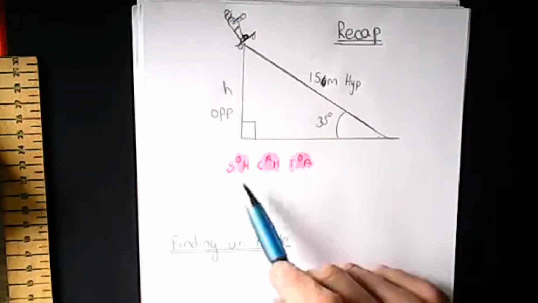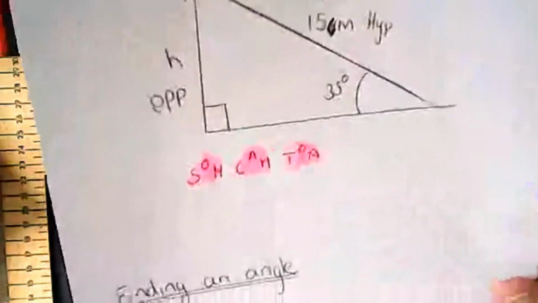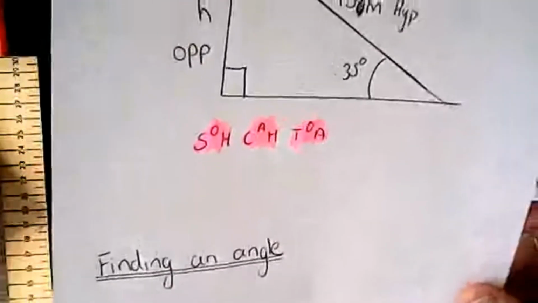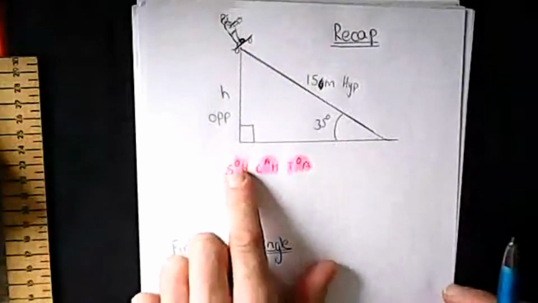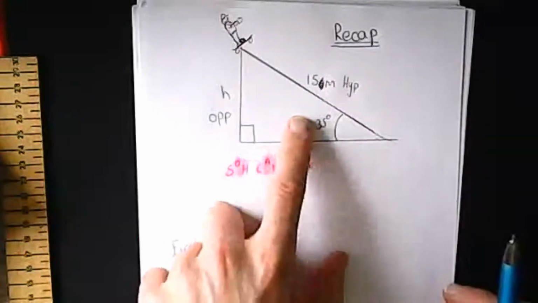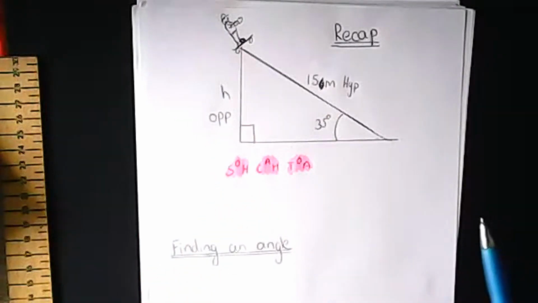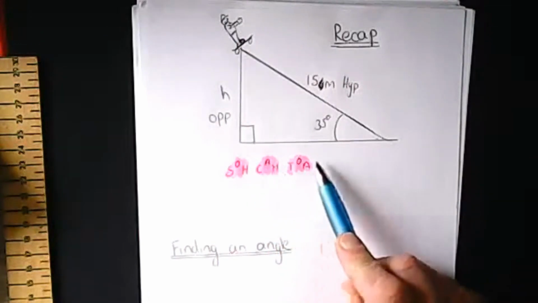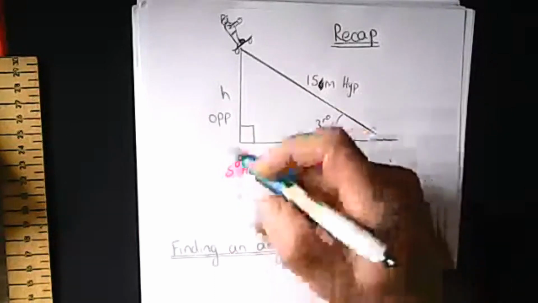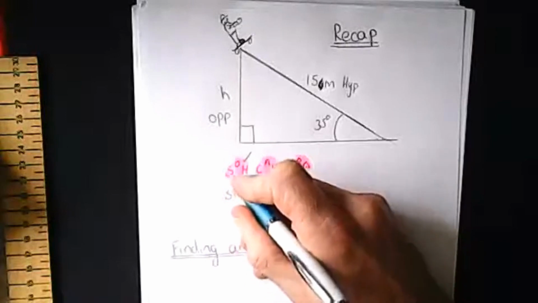And then of those three, only one is going to be used. I'm going to zoom in a little bit, we've got a little bit more clarity today, a bit more focus, but it's still a little bit small down there. So what I'm going to do here is pick which one of those represents O and H. Have a think for a second. And it is the first one because that's got an O and H, that's got an A and H but no O and H, that's got an O but not an H, so it's got to be that one. So I'm going to use that, I'm going to write it out, sine for S